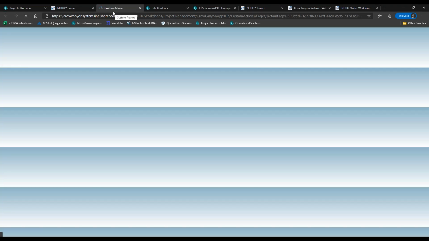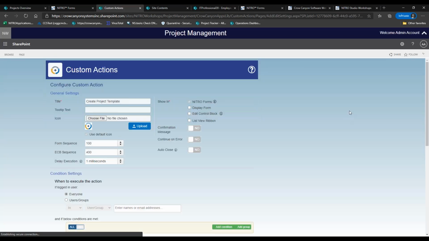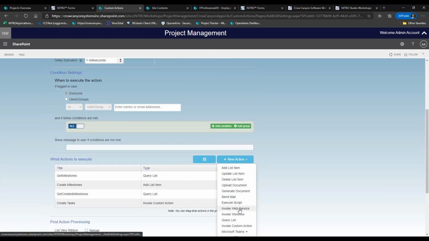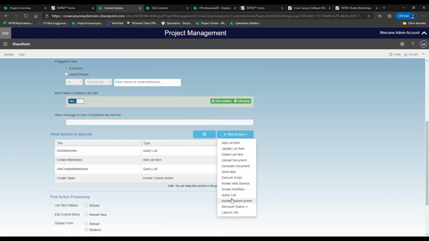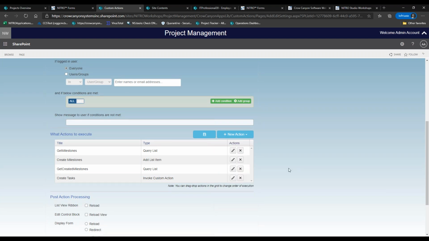Since we're kind of talking about it, let me pop it open, and I guess we'll just edit this one. There's this invoke web service one that you can do, but it's also like adding list items, updating list items, things like that. Creating a list itself. Well, I don't know about creating a list itself, but yeah, we could do it. Execute a script would do it for sure. Right, that's true. You would just write a script that does create it. You have to have the list name and all that, but presumably